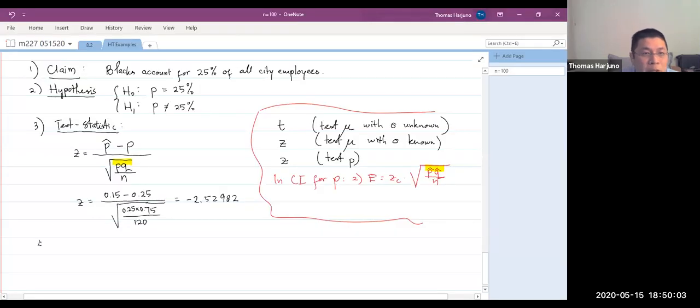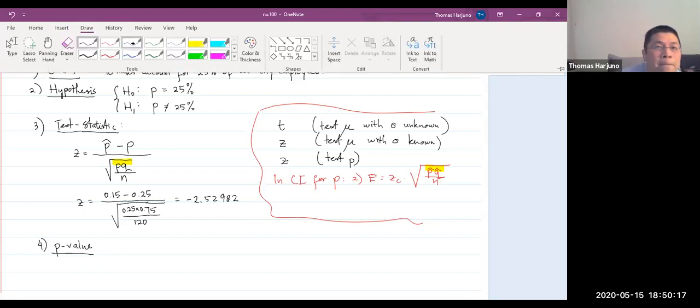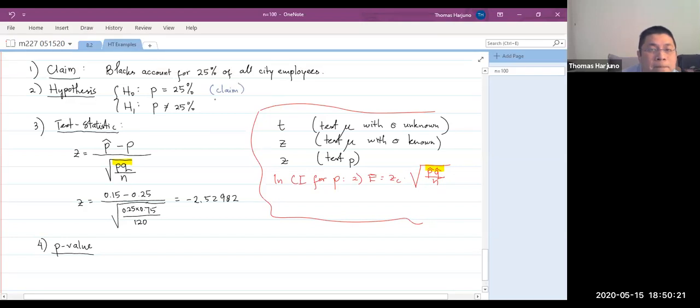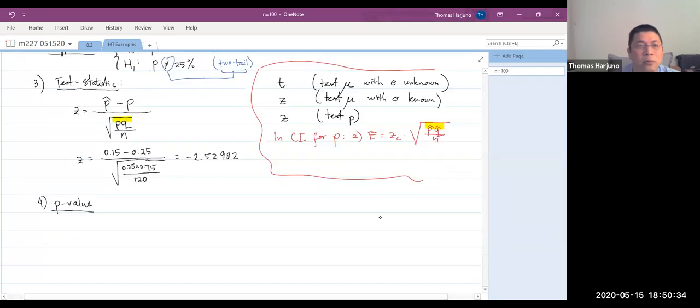Now then, can you do the p-value? Is it left tail, right tail, two tail? Because this is not equal to, it will be a two-tail test again. Suppose this is the standard normal distribution, and this is z equals 0. My negative 2.5 is here, but I need to make it two-tailed. I need to find the area here and here. So the p-value will be